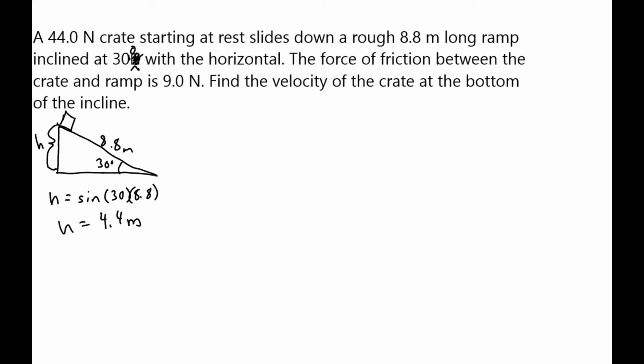What other work is being done? Friction. So we're going to add or subtract the work done by friction, do you think? Subtract. So we're going to say negative work done by friction. So next thing we look at is kinetic energy. Is there kinetic energy at the beginning? No. So no kinetic energy, so we don't write that. Is there gravitational potential energy at the beginning? Yes. So plus